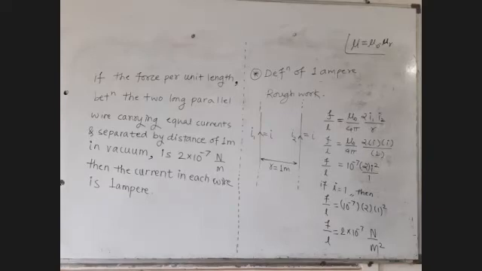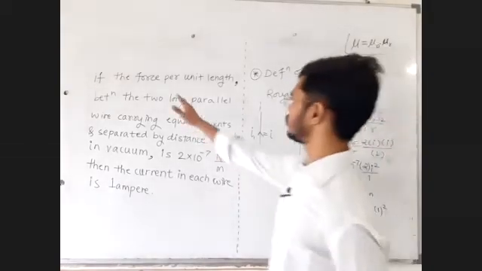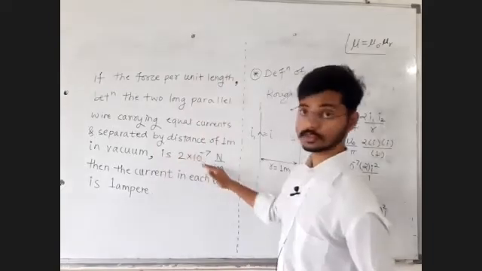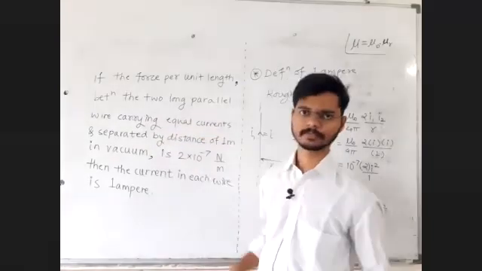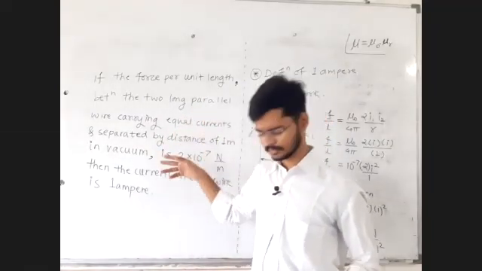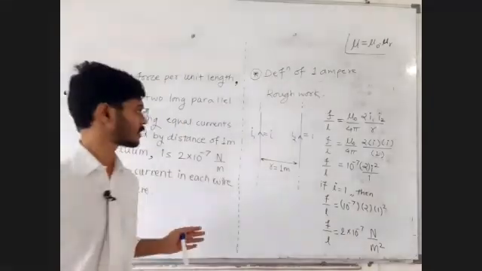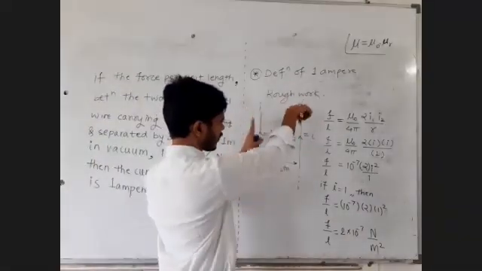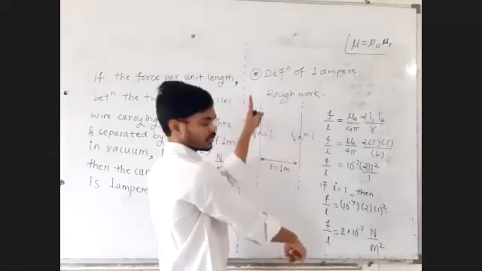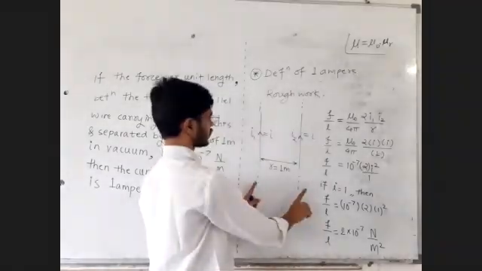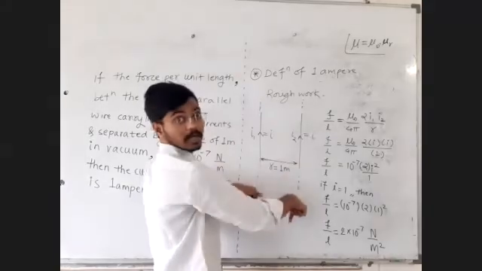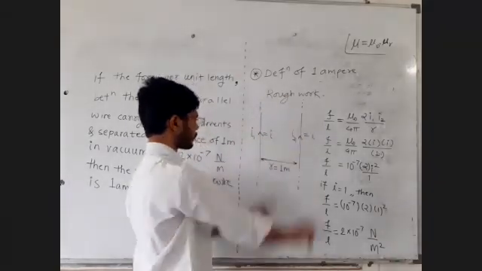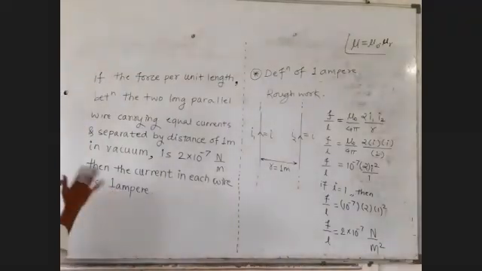If the force per unit length is this, then the current is 1 ampere. For what condition? For this condition. Long wires are needed. Now this force may be a force of attraction or repulsion, that will depend on whether they are carrying like currents or unlike currents. If they are carrying unlike currents, that will be the force of repulsion per unit length. If they are like currents, that will be the force of attraction per unit length. Like currents, either both going down or both going up. Force of attraction per unit length. I said simply force per unit length.